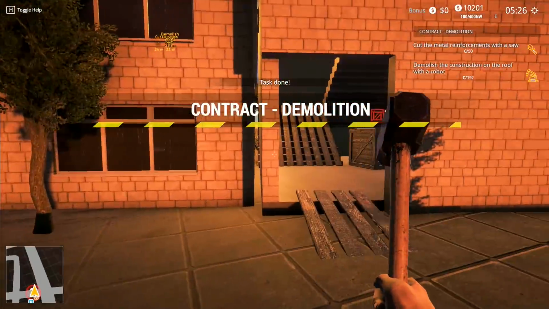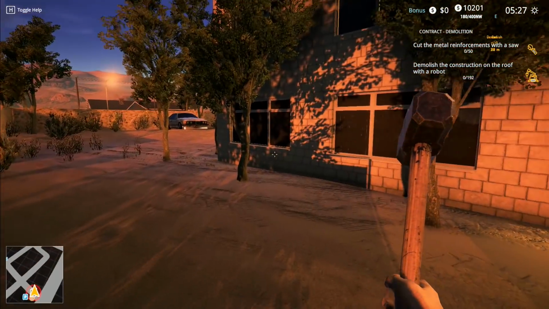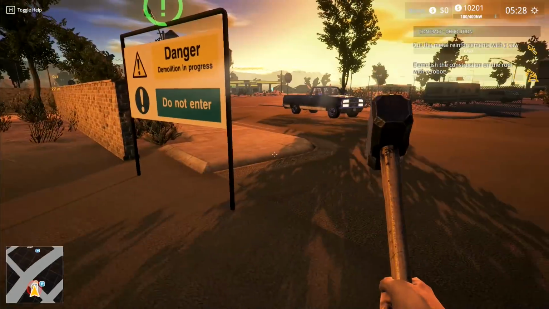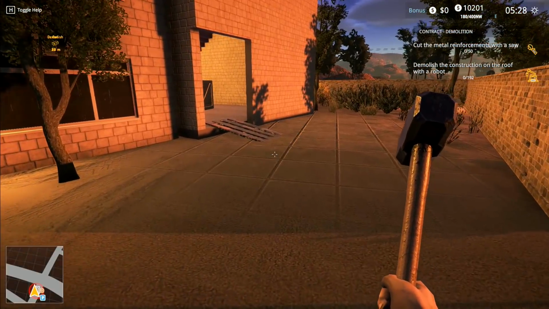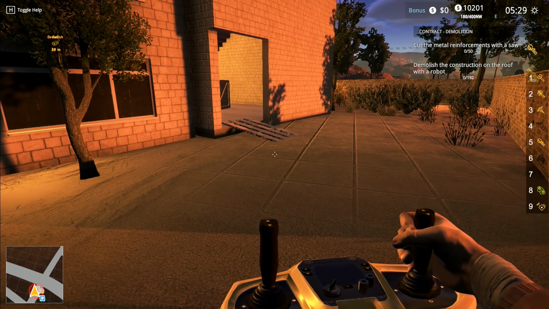There we go. Contract demolition. Right. Demolish your construction on the roof with the robot. Cut the metal reinforcements with a saw. So we've got 50 of those, and we've got 192 with the robot. I'm going to first go to this one, and